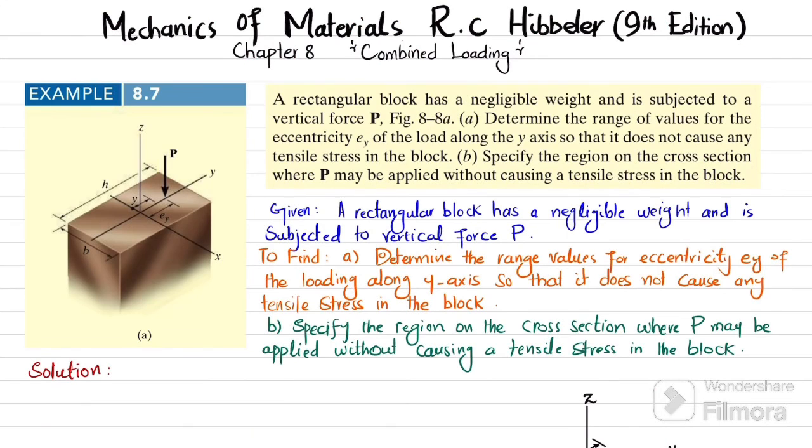Back. In this video, we are going to solve example 8.7 that is taken from chapter number 8, combined loading, and the book name is Mechanics of Materials by R.C. Hibbeler, 9th edition. So the statement is: a rectangular block has a negligible weight and is subjected to vertical force P